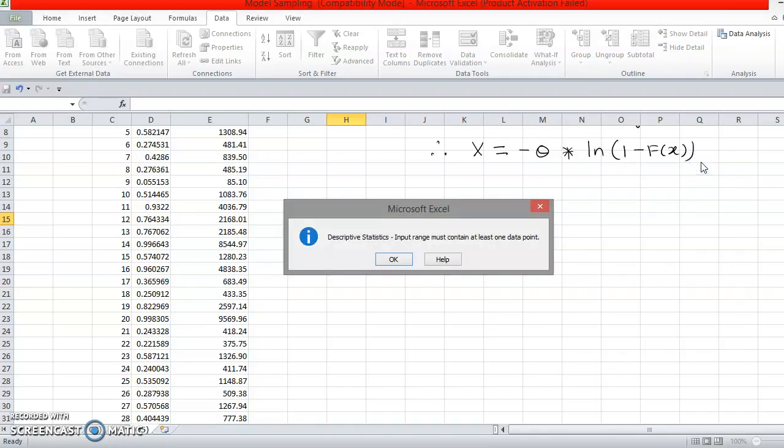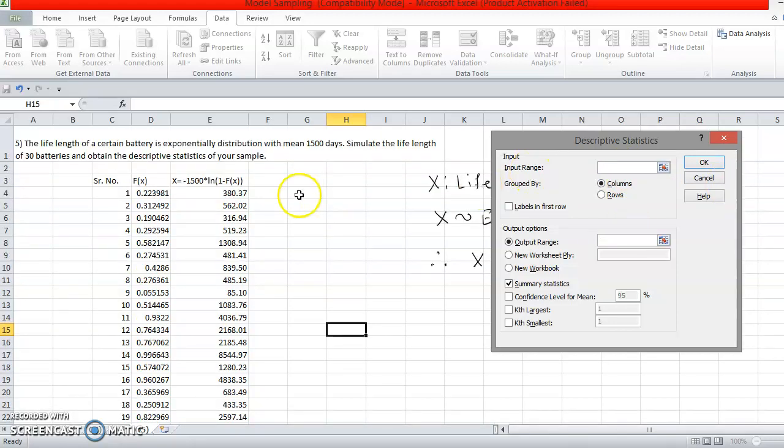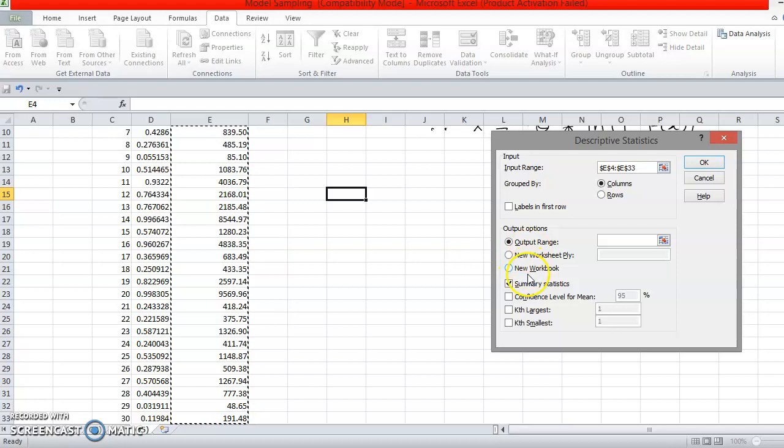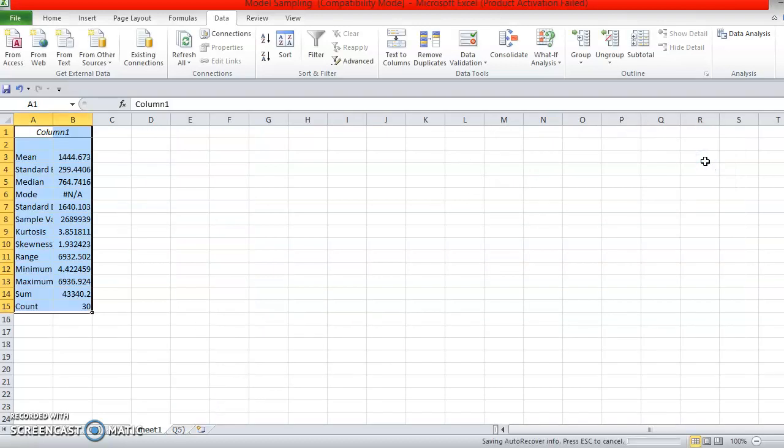So click OK. Let me check what is wrong. Let me give the data range once again. And let us take the output in the new worksheet. So see the output here.